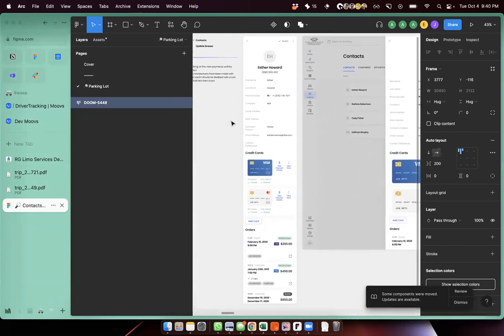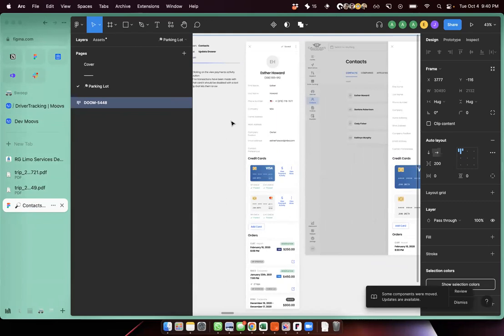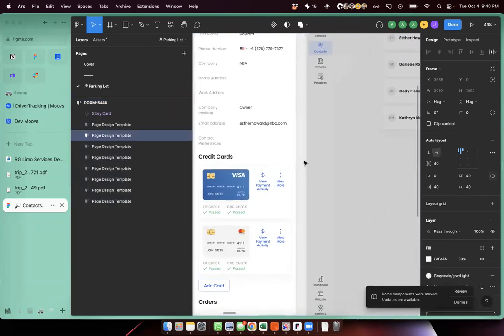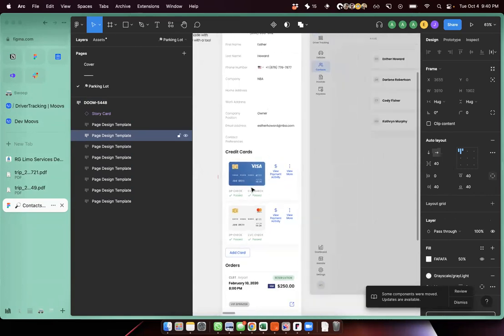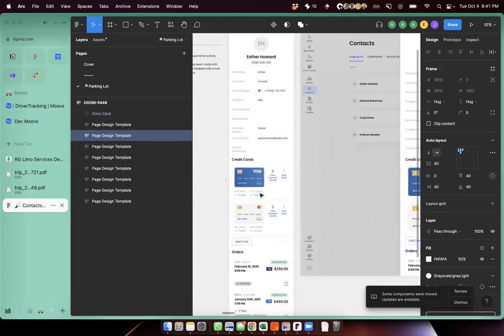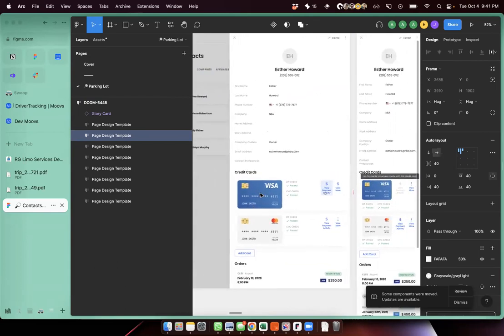As many of you know, through our Moovs payment solutions, you can save and store credit cards. And we're going to be bringing a new improved design to help you understand the difference between cards, the names on the cards, and some of the security measures that the Moovs system takes on zip checks and CVC checks. So you can see that here.